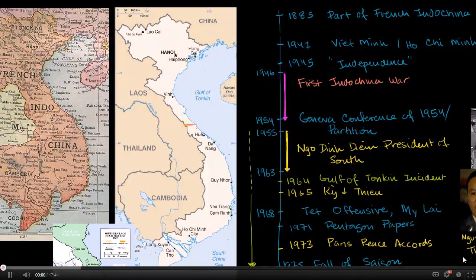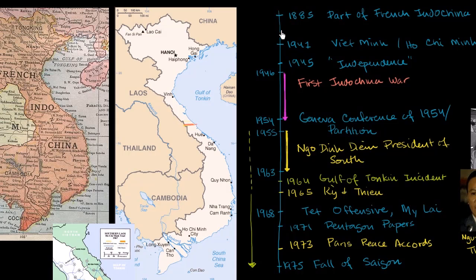In order to have a respectable understanding of the Vietnam War, we have to rewind all the way back to the late 1800s when France was colonizing Southeast Asia. And in particular, it colonized what is now Laos, Vietnam, and Cambodia. And they were collectively called French Indochina. You can see Cambodia here, Vietnam along the coast, and then Laos right over here. And France stayed the colonizing power. I have a little gap in my timeline here. And they stayed a colonizing power all the way through